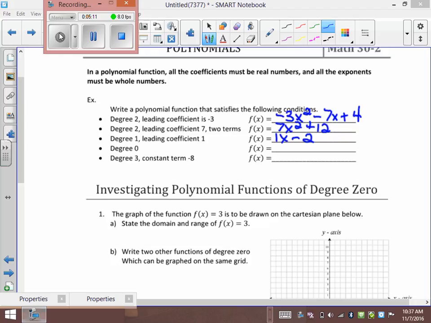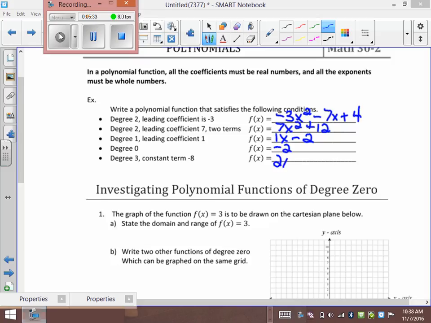Degree 0 means it's a constant. So like f of x equals -2 or 7 or 5 or 3 or 8. Okay? Because when it's a constant like that, I could put x to the 0 behind it, but you would never see x to the 0. They're not going to write it like that. And then degree 3, constant term 8, I could go